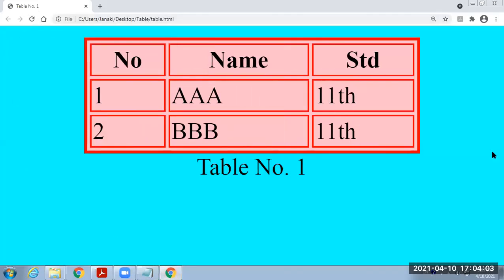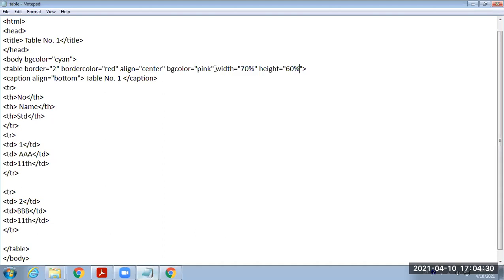Here for the output, width equal to 70% and height equal to 60%. 70% means this is the total 100% area, and within this 100% area it occupies centrally 70% area. This is the width, and for height it is 60%. These are some more attributes of the table tag.